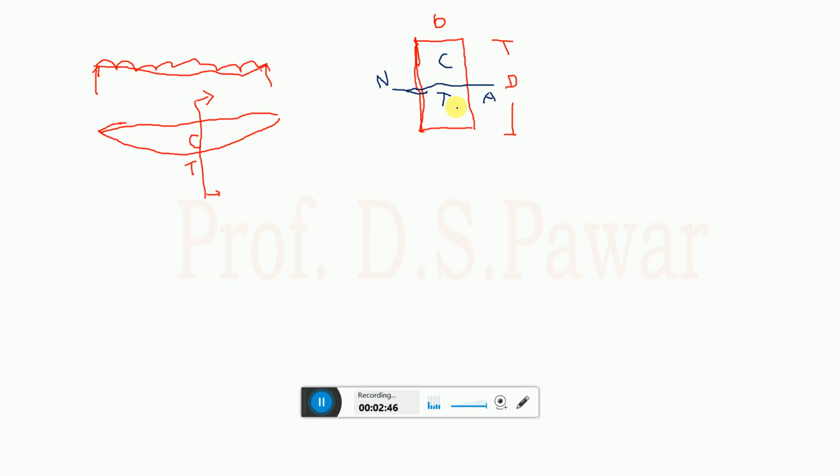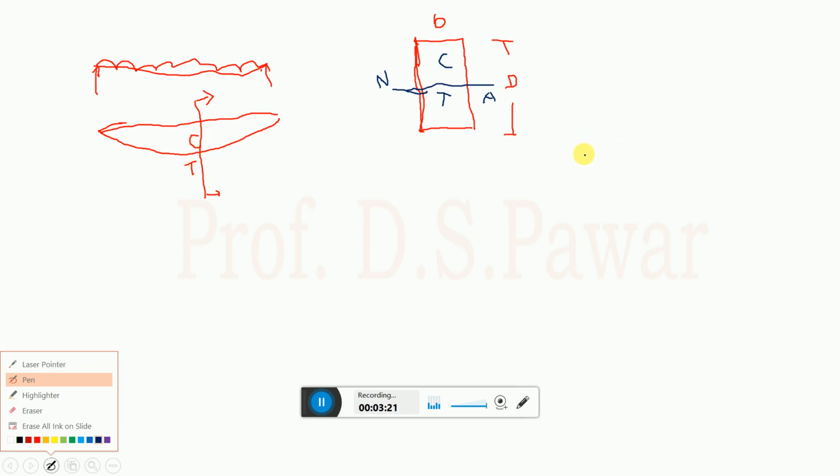We have made assumptions in RCC. We are going to use two materials, that is steel reinforcement and concrete. Why have we selected the materials concrete and steel? Because concrete is very strong in compression and weak in tension, and vice versa, steel is very strong in tension but weak in compression. As per the bending moment, as per the behavior of this beam, we know that at the top the beam will be subjected to compression and at the bottom tension.